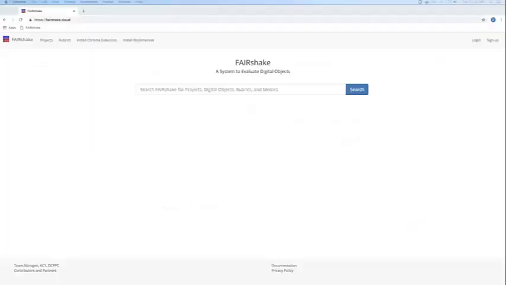Okay, so this is FAIRshake, a tool for assessing digital objects for their fairness. Beyond making assessments, FAIRshake facilitates the community development and reuse of FAIR metrics by allowing the development of rubrics which group specific existing metrics. This helps accommodate diverse types of digital objects and assessments while encouraging community consensus when it comes to measuring fairness, which is the metrics themselves.